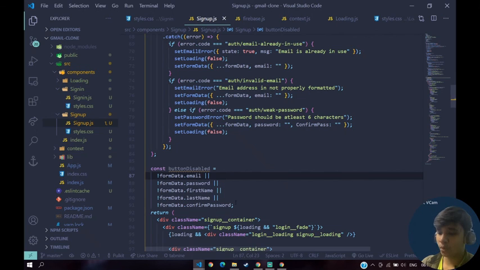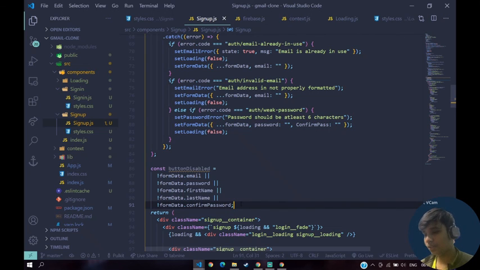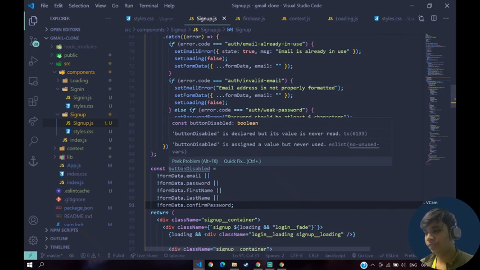It will go through all of these four conditions, and if any of these values is false, then the whole of this const variable will change to boolean false, or if the user has written every value, then it will change